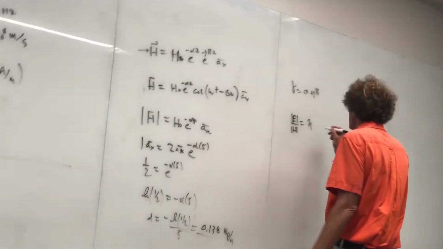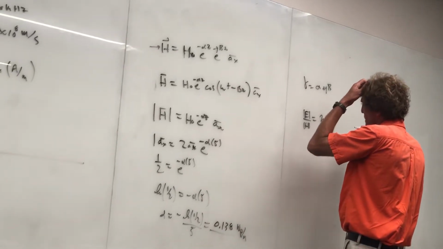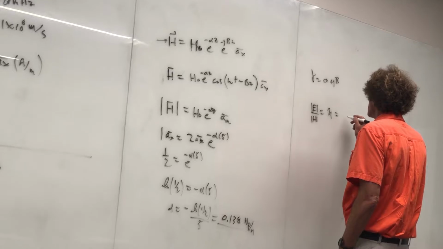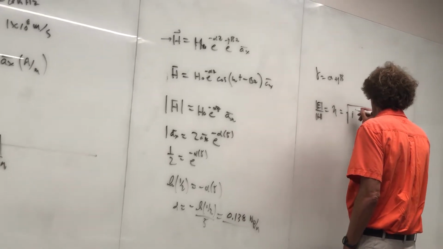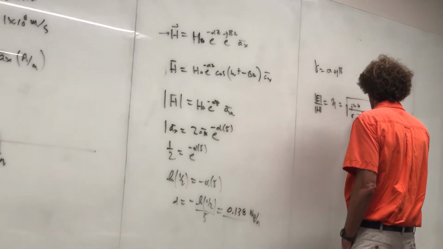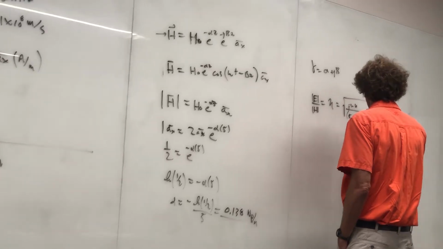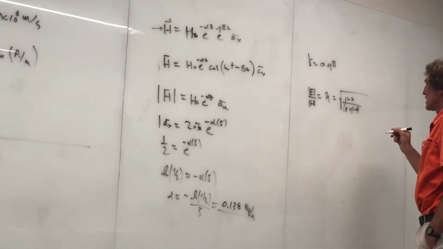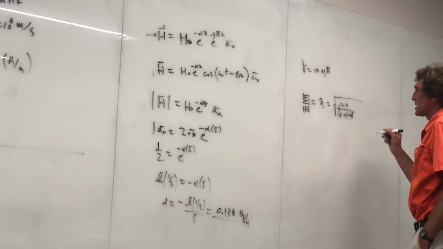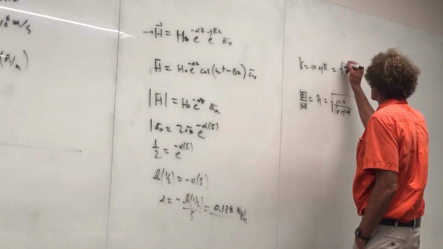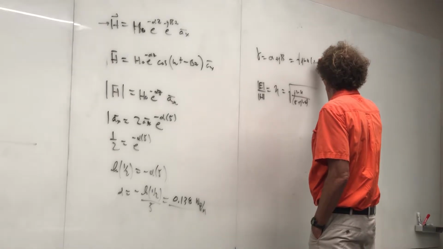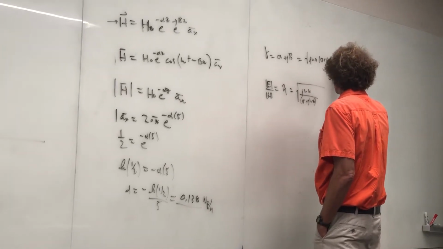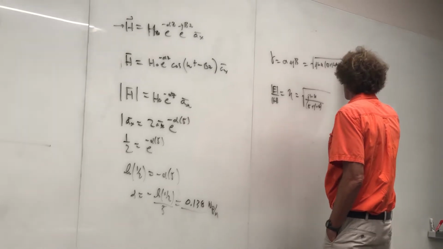And eta is equal to the square root of j omega mu over sigma plus j omega epsilon. And if I take that, and I know that gamma is equal to the square root of j omega mu times sigma plus j omega epsilon as such,